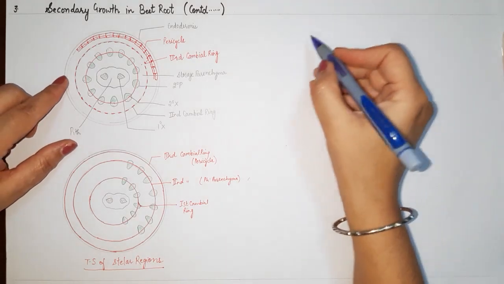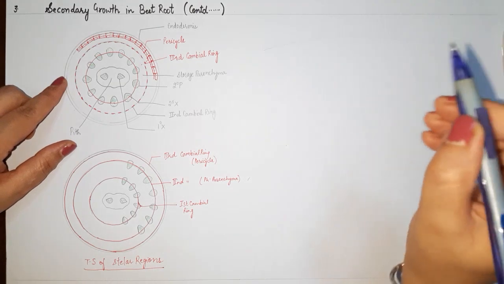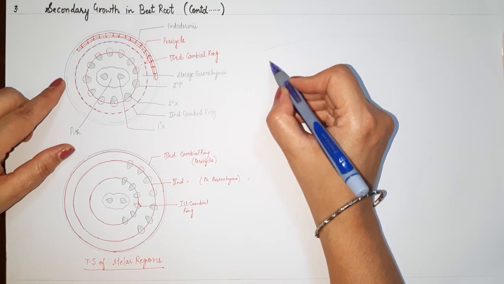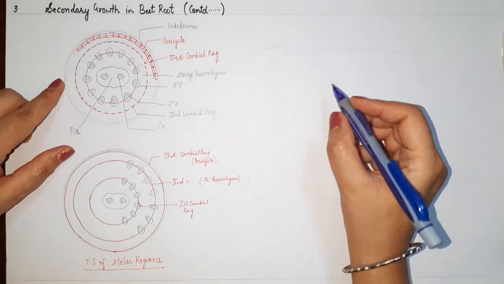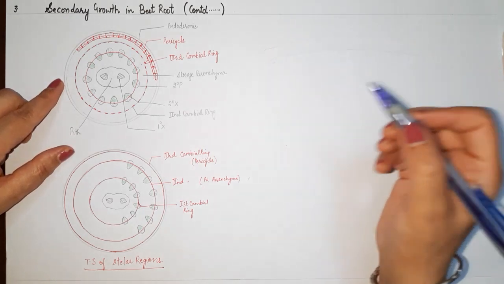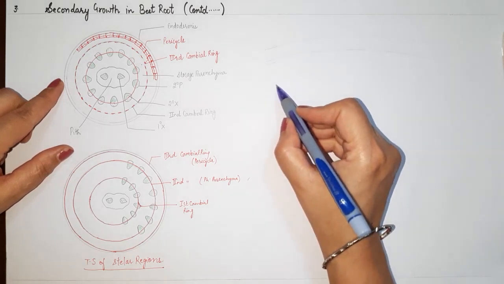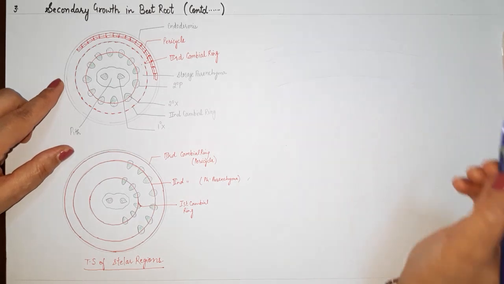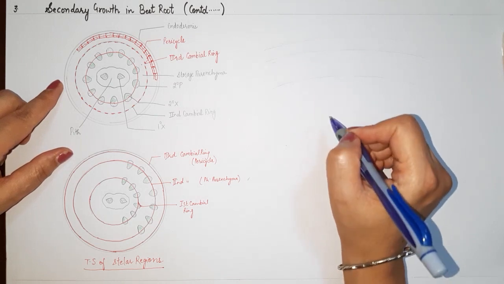So you can divide the area, make a large diagram, a full page. So we have towards the outer side a small region of cork, 2 to 3 layers of cork cambium, then we will have the secondary cortex or phelloderm, followed by, now the storage parenchyma will start.